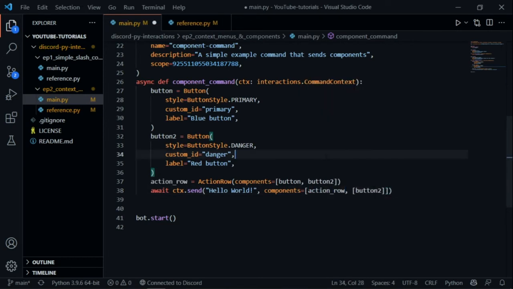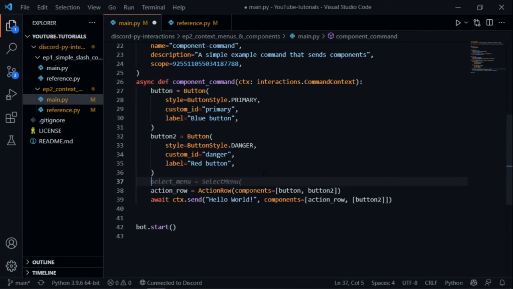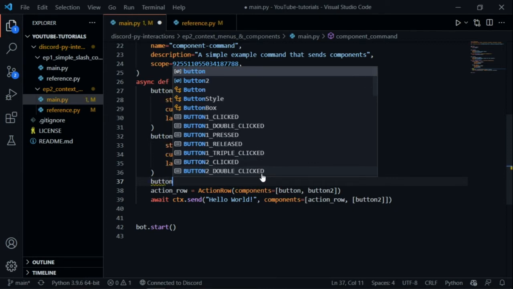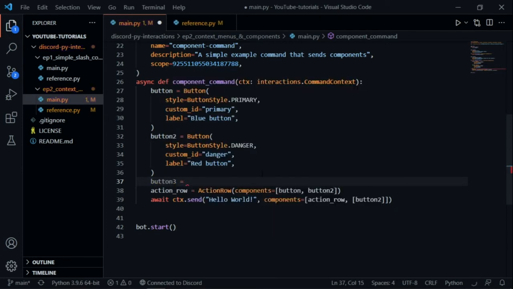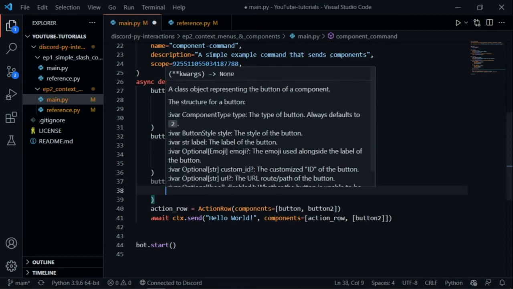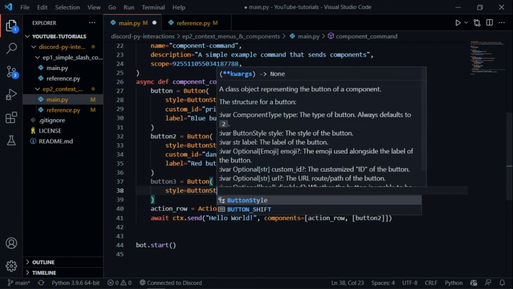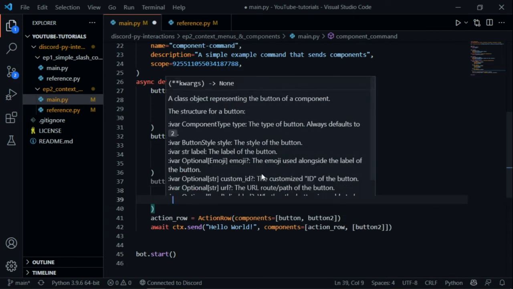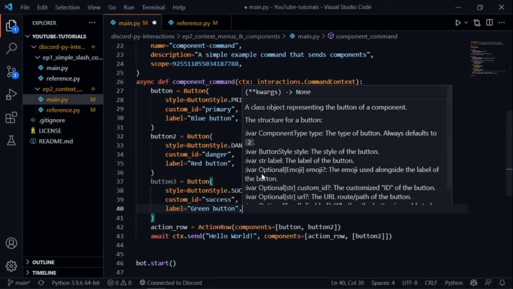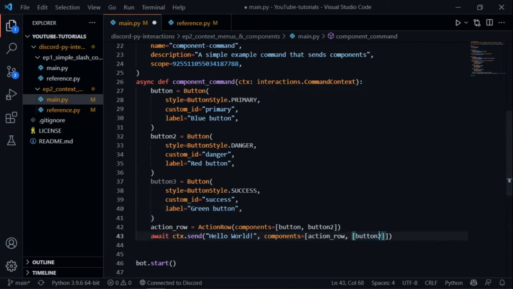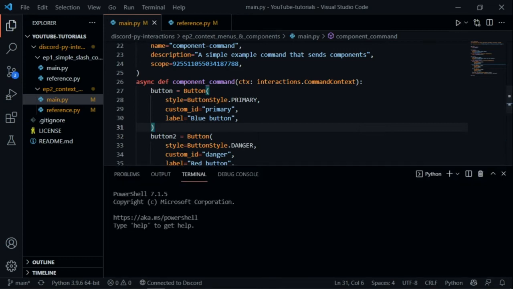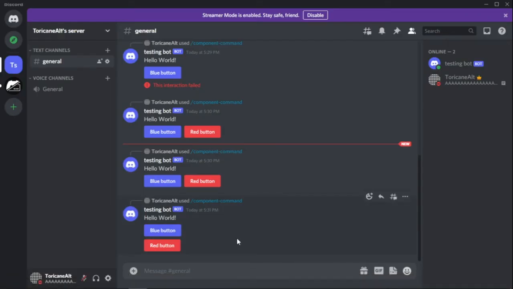So you could do action row, and then you could put in another button. You cannot put the same button in because, as I said, the custom ID needs to be different. So let's do a green button, which will be style equals button style, which is success for green, and then the label should be green button, and then we can change this to button 3. And then when we play this, and when I switch over to my Discord, and then use the